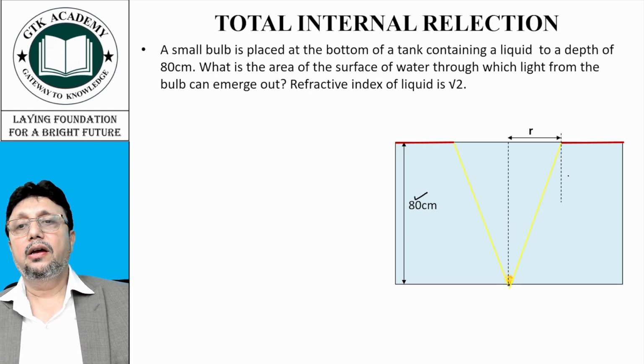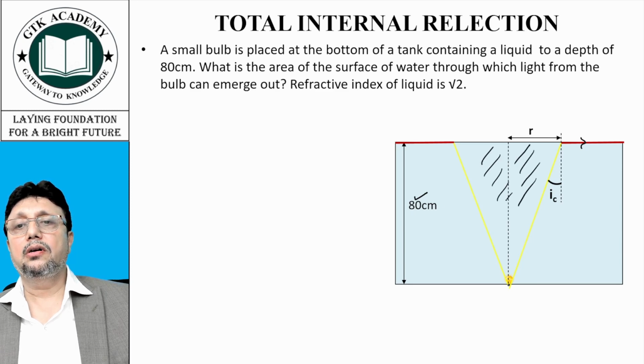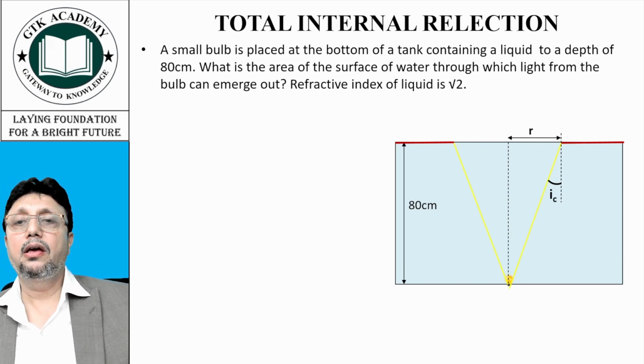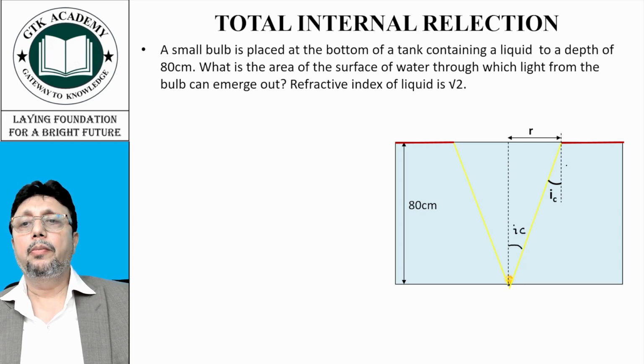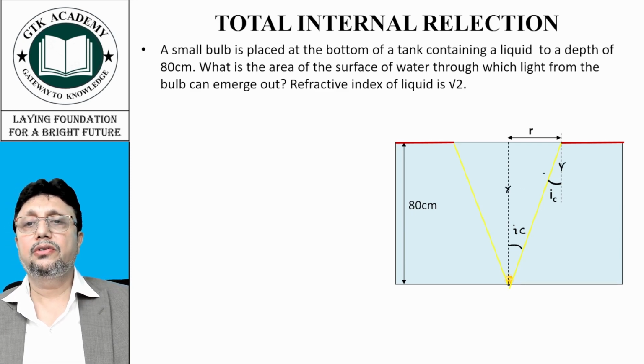This is the ray, which will have angle of incidence as critical angle, and beyond this all rays are going to be reflected back, and the rays which are emerging out of this region, they will be responsible for the shining and they will go out of the liquid. Okay, so if this is IC,